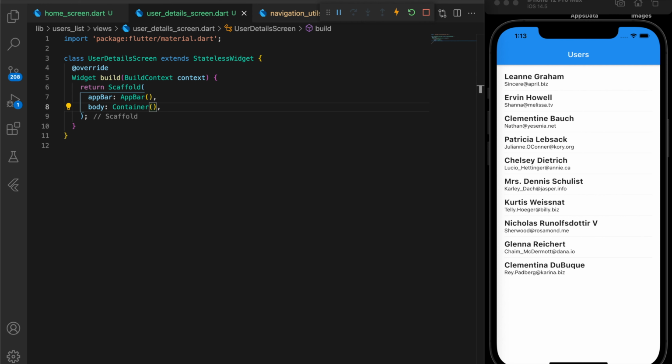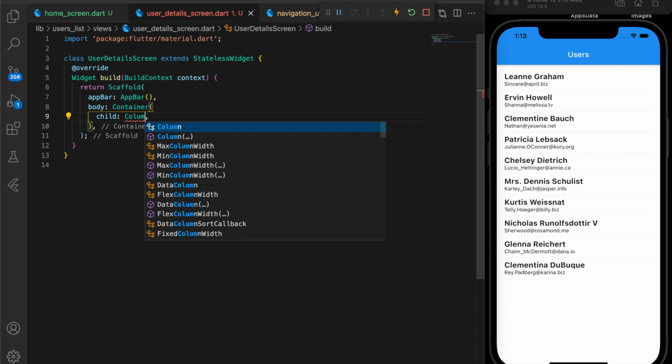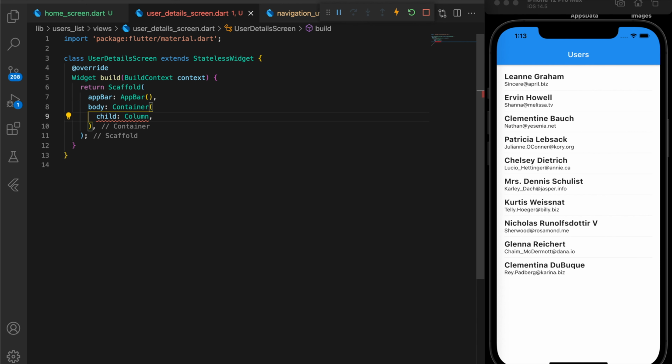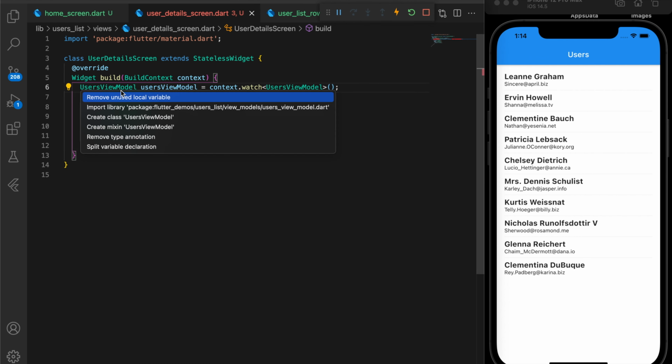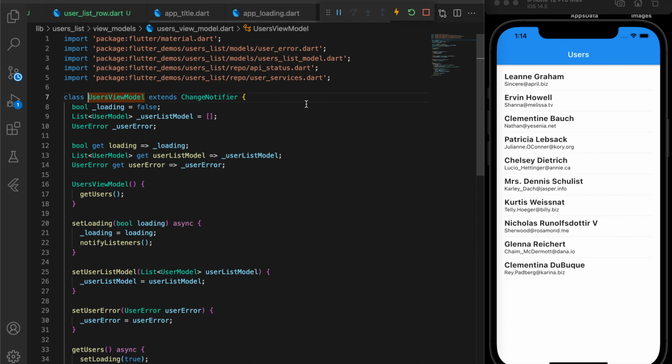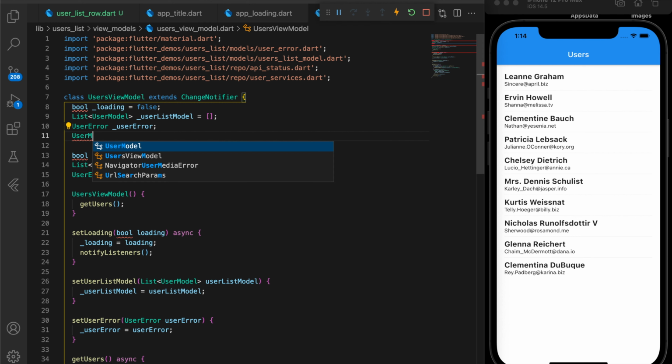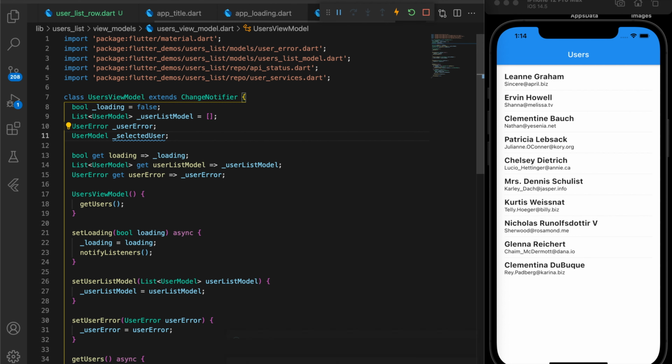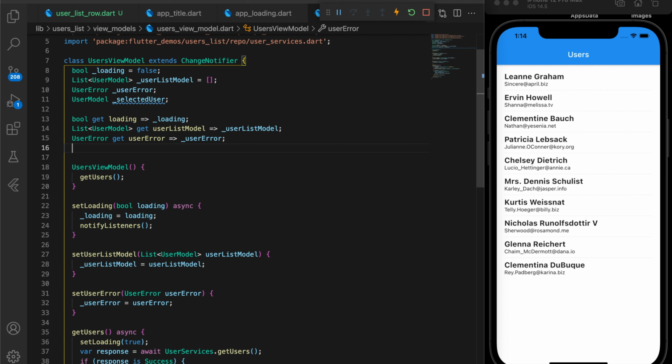So in MVVM, we don't do it like that. We don't send it through a navigator or something like that. We can have it in a state. So we already have a state, right? We have a user state. We can have the selected user in the state itself, right? So let's write those. I'm gonna copy the user model here, import the provider. But how do we get the data? So let me create a new variable, selected user, in our users view model, and write a getter,